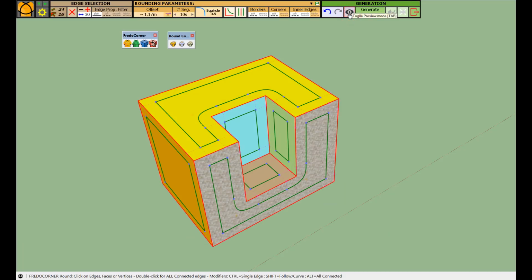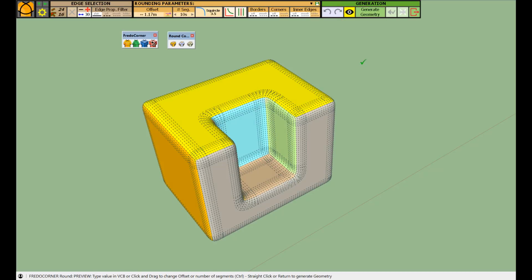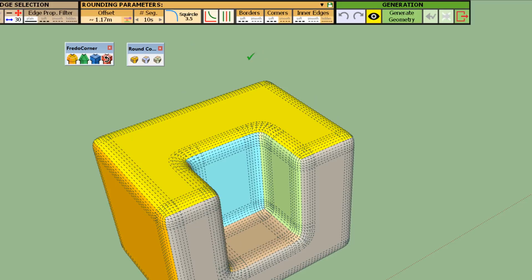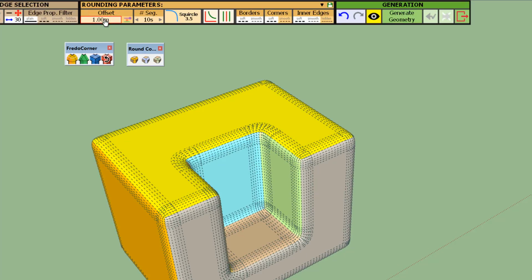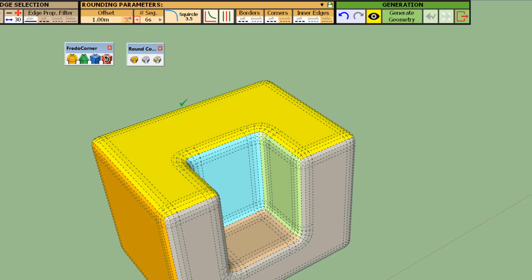You can disable, enable it with tab at will. When you are in preview mode, you can see the effect of changing the parameters. So for example, if I choose an offset of 1, you'll see it reflected. If I decrease the number of segments as well,